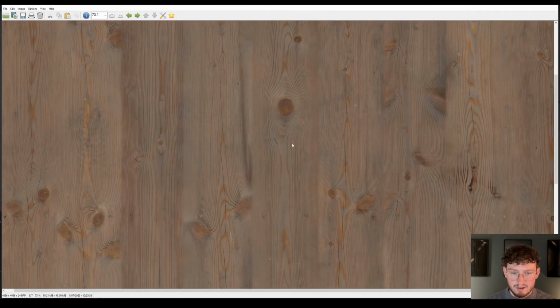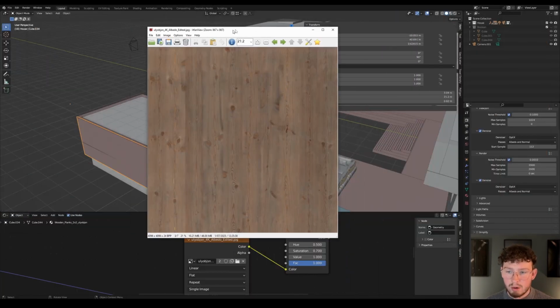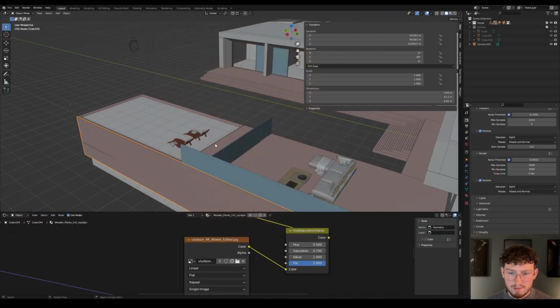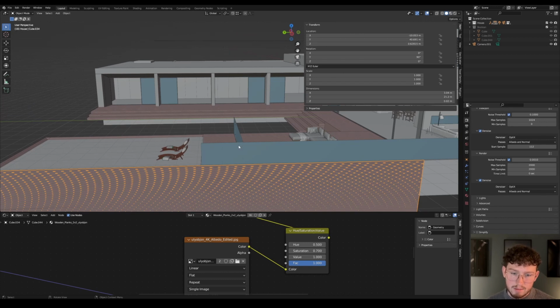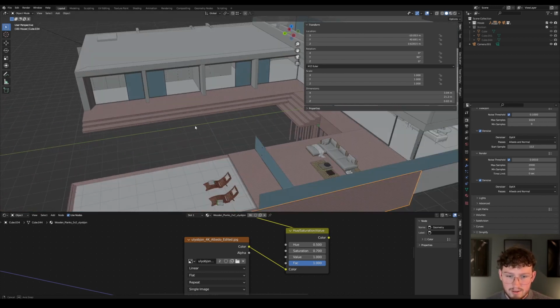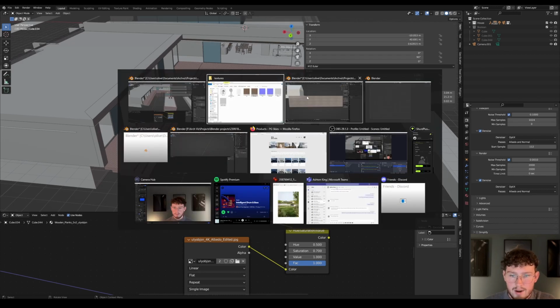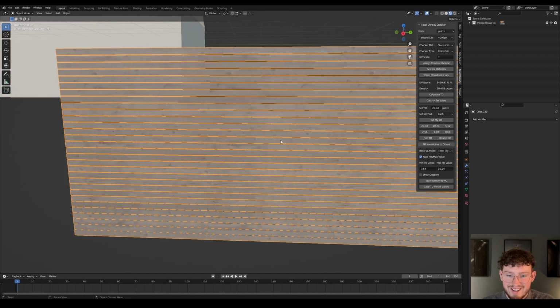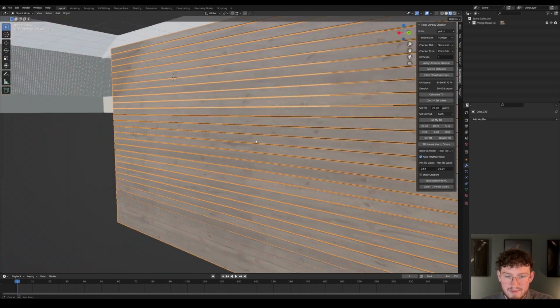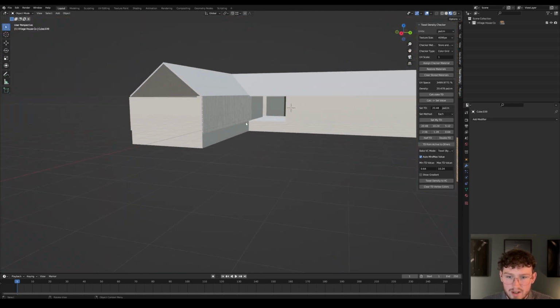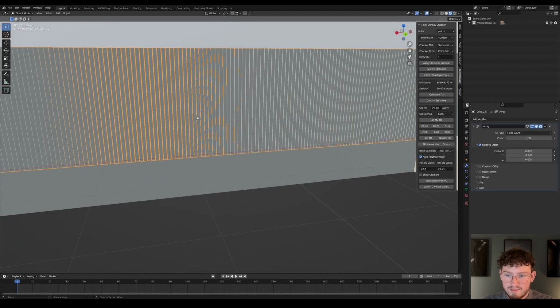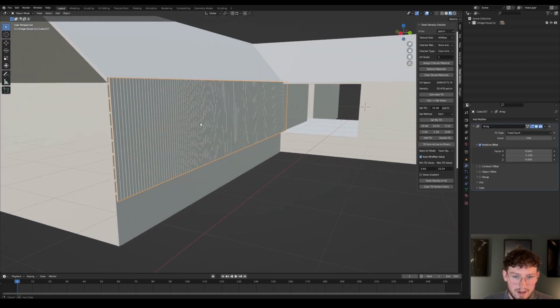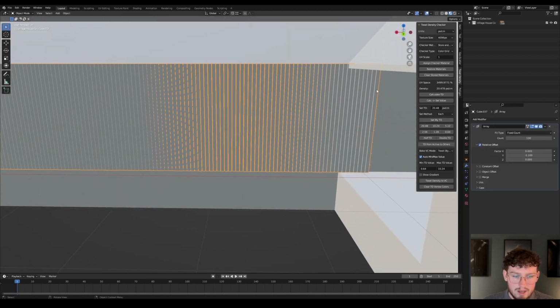What I've done is I've gone in Photoshop and I've just removed the gap between the boards, and that just means that when the UVs are randomized, you don't see the gap in the board, and that's super important. Okay, so now that we've learnt, I'm always learning, that you need to apply the modifier. I mean, it's okay because there's not much work that goes into it anyway, but what I might do is